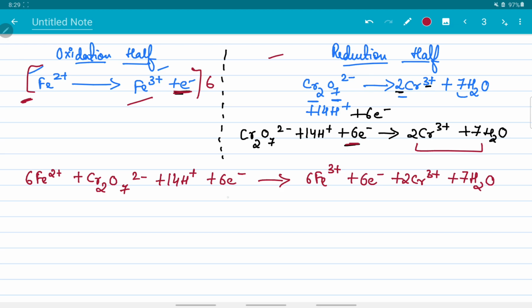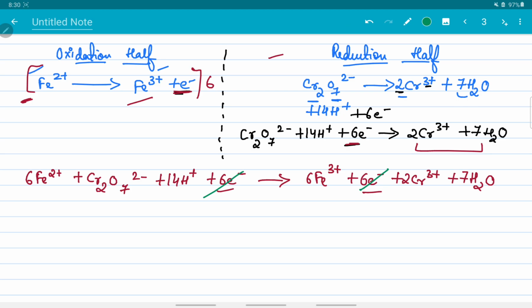Now if you check on the LHS also and on the RHS also, you have got 6 electrons, so they will get cancelled. There is the same number of electrons, so they are going to get cancelled. So that is what our main aim was. That is why we multiplied the whole equation by 6, so that these electrons get cancelled. We don't want electrons like that. Okay, now our next step